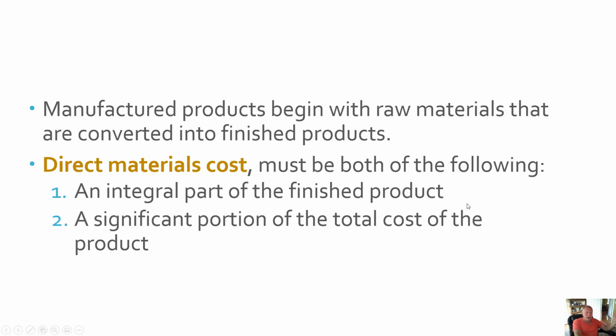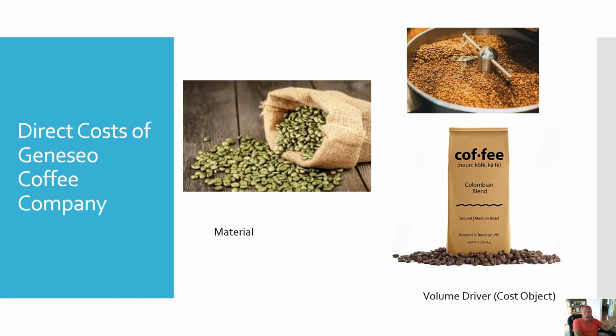Okay? So again, we're entering into this dialogue of what's material, what's significant. Is significant 90%? Sure. Is it 10%? Maybe. So there's a lot of wiggle room here, but we always try to get as much into the direct material cost as possible. Here's an example that I've been using, Geneseo Coffee Company,